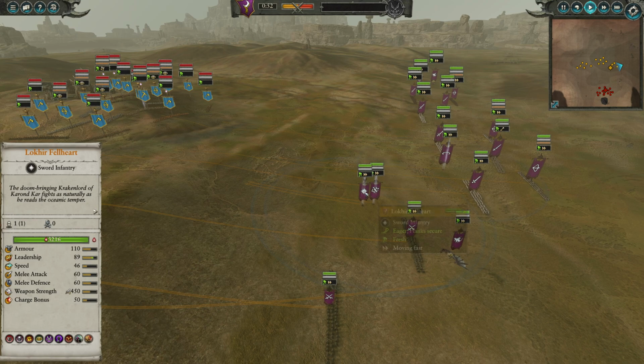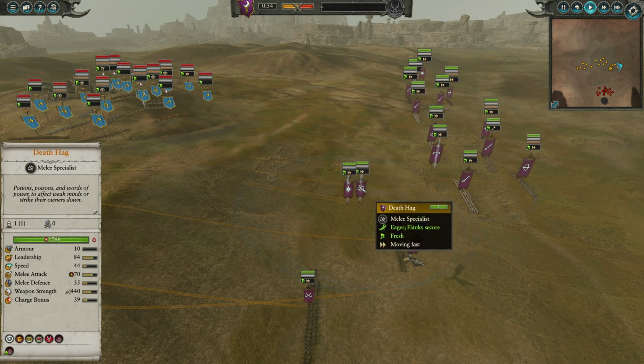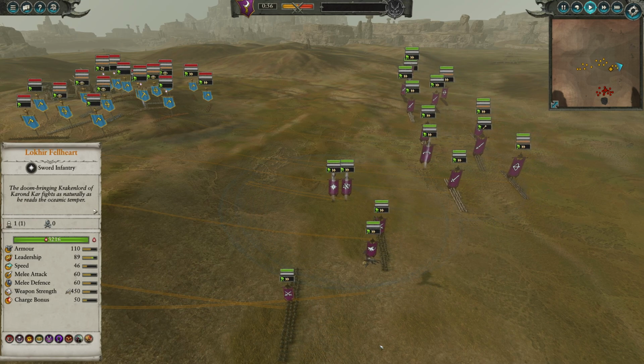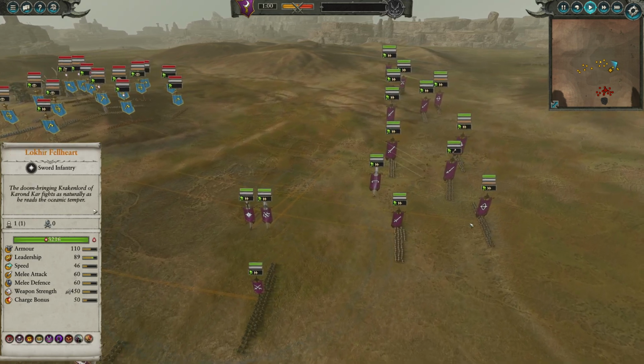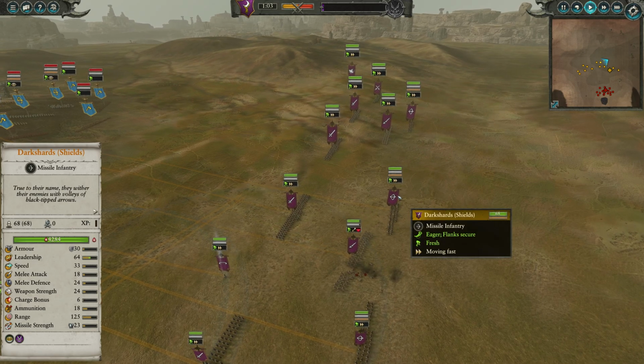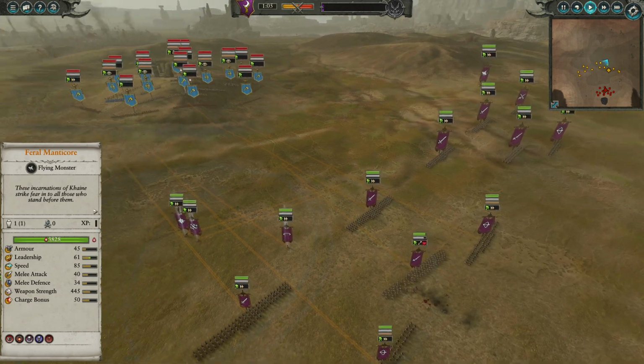Today, Ice Power coming in with Lokhir Fellheart. He's also got a Death Hag, just for additional single-entity stopping power, some Corsairs, Sisters of Slaughter, Executioners, plenty of Dark Shards with shields as well, a couple of Manticores. Up against,